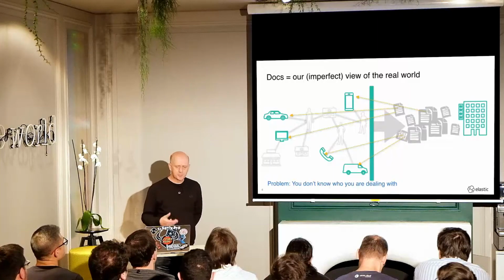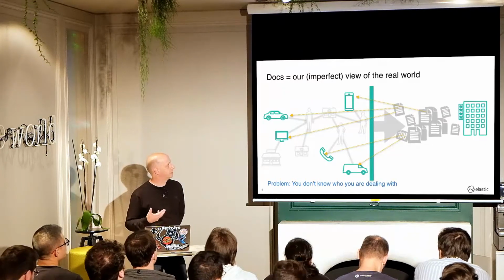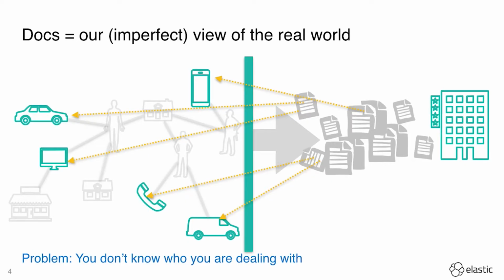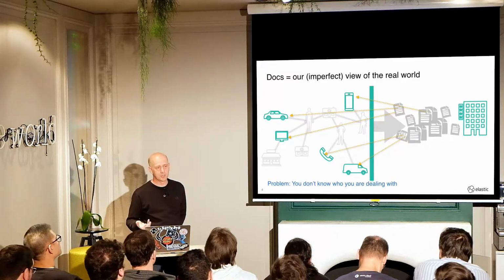So often businesses have a very poor perception of the world. And if anything, what we're trying to do with documents is to get a good model of the real world so that we understand who we're dealing with. And this is the problem. So when you have bad entity recognition in your business, you fail to spot and identify those entities that are running outside there in the real world. So you won't fully understand all of the entities that you're dealing with.